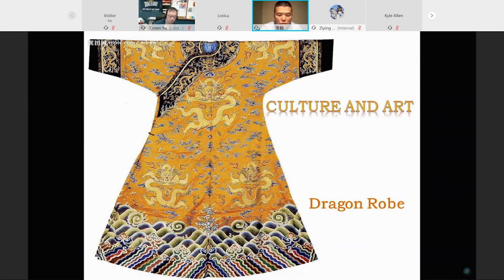You can see dragon robe usually has 9 dragons. Just now we talk about 9. Why number 9? Yeah, number 9 is the biggest odd number. 9 dragons should be embroidered in their own fixed places: 1 in the chest, 1 on the back, 2 in the shoulders, 2 in the front knee place, 2 in the back of the knee place, and 1 inside the chest.